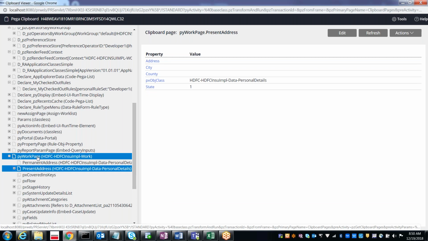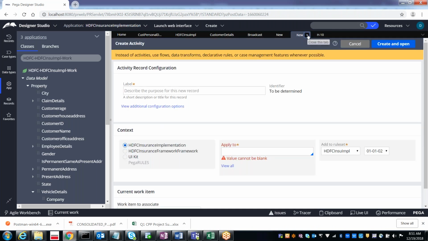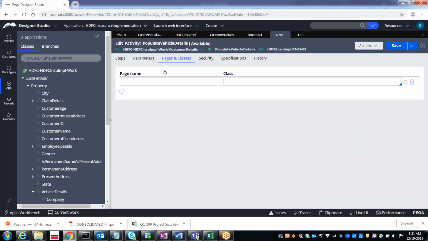Got it, right? So in the same way, while creating an activity, in the pages and classes, you need to refer to the page on which you want to store the values, on which you want to assign the values.